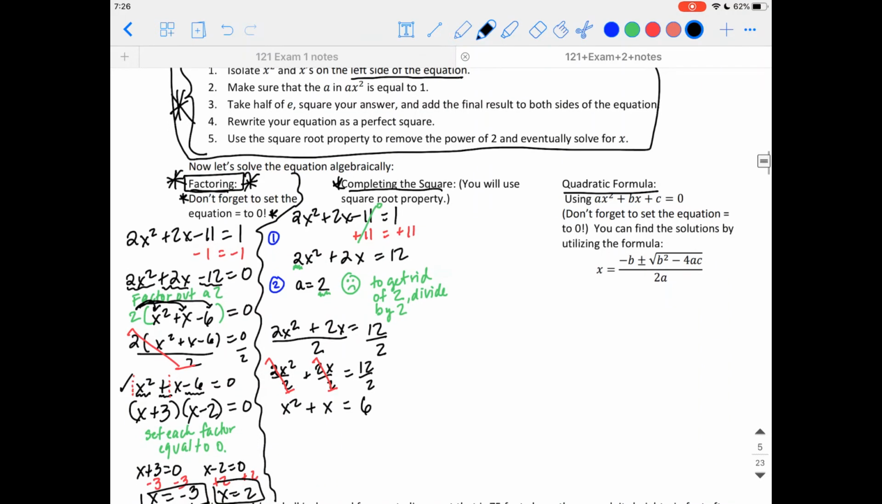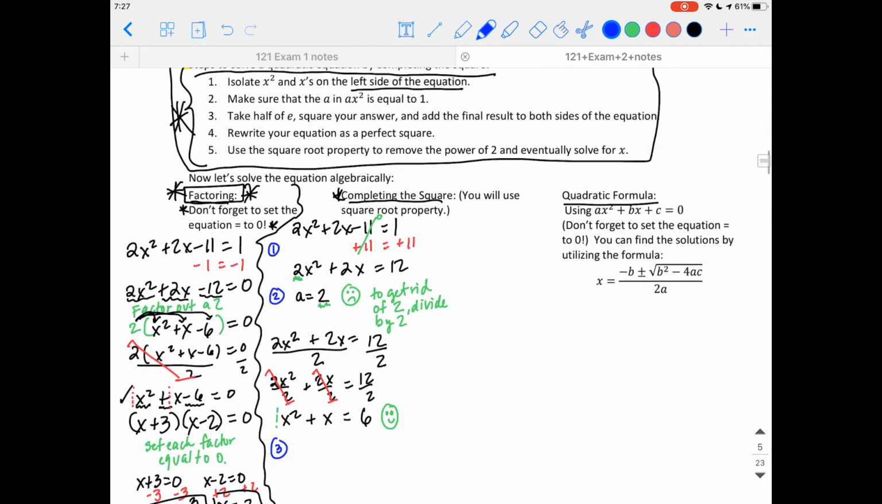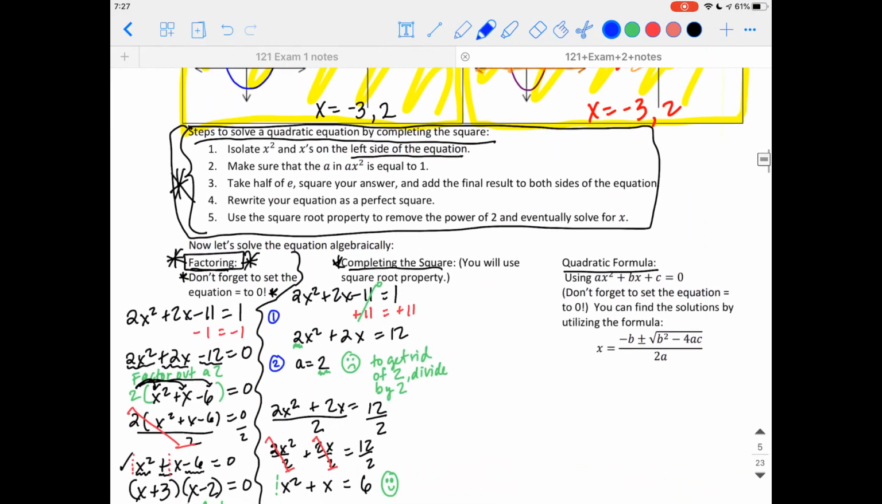Okay, so now I have an understood 1 here. Now I have an understood 1. So now I'm happy. All right, so we're done with step 2. And then here's step 3. Step 3 says take half of e, square your answer, and add the final result to both sides of the equation. If we remember from our previous notes,